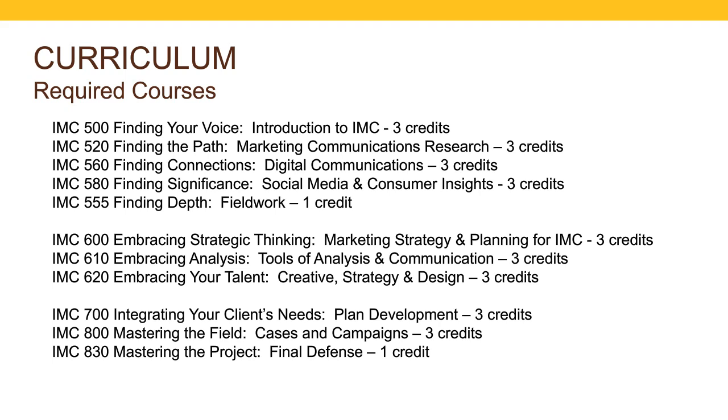After that point in the curriculum, we turn to embracing strategic thinking, embracing analysis. We teach students to use what they found and then put it into strategy and use analysis to define it. And then probably most importantly, embracing your talent to create that messaging built on the strategy and the research that you have. And then the last part, we help them to integrate it all together into one cohesive IMC plan,